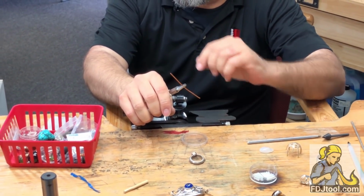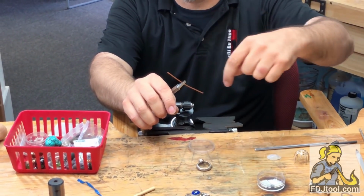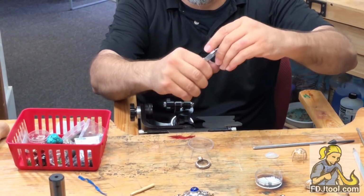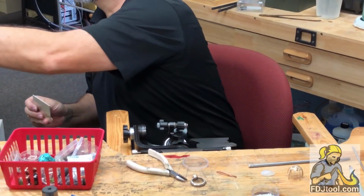And he cut out the center diamond on it, and then he basically cut the seat to the shape of the stone and then went around and cut little divots. So basically you would have